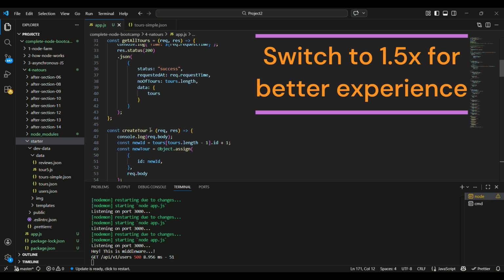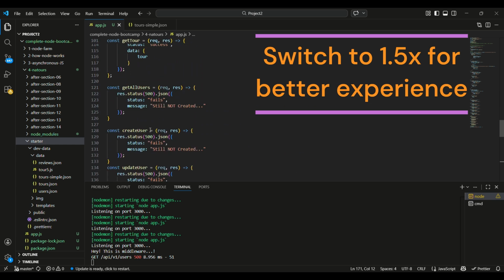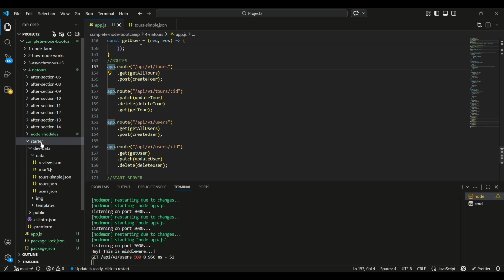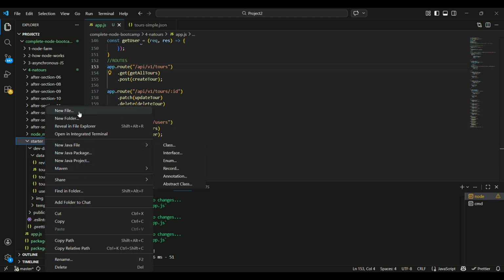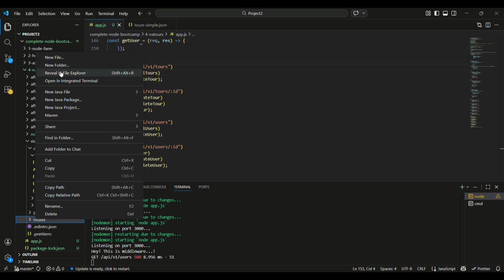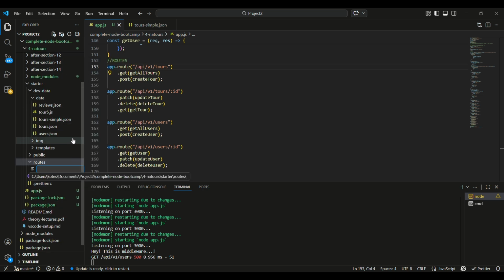So first, where is our routes in below? See, we can create in this folder a new folder called routes. Inside this, let us create two more files, tourRoute, tourrouter.js